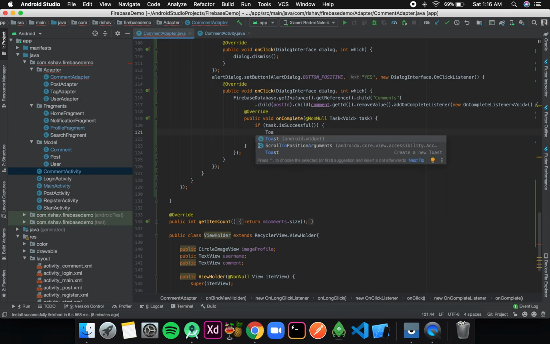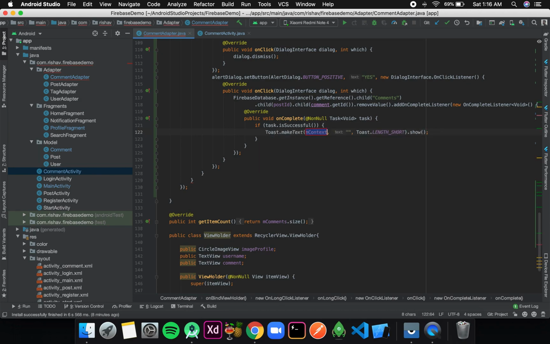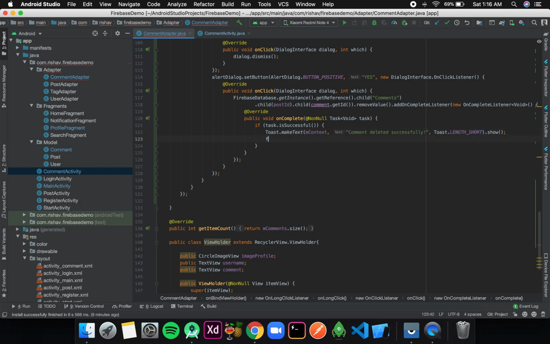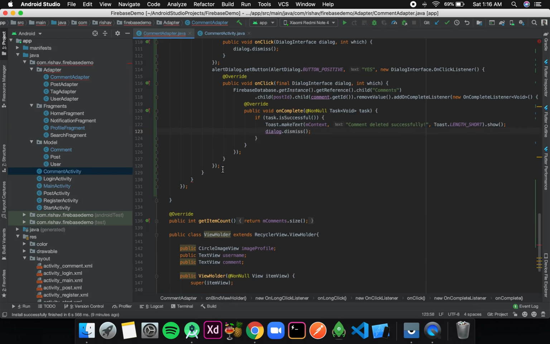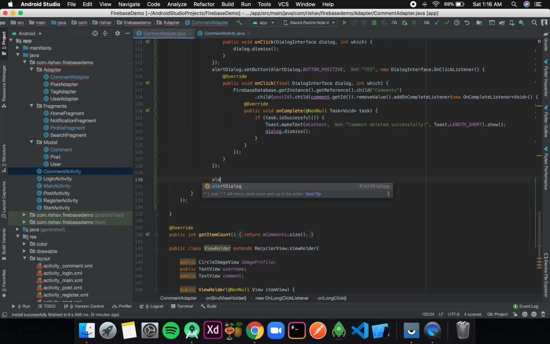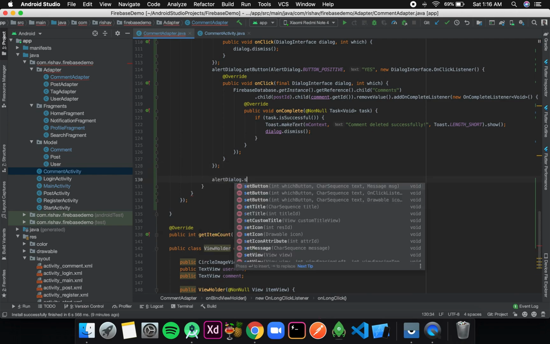The toast says comment deleted successfully. And after this, dialog dot dismiss. Now after this alert dialog, I'll write alert dialog dot show.